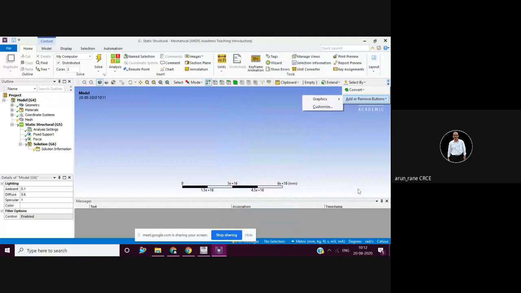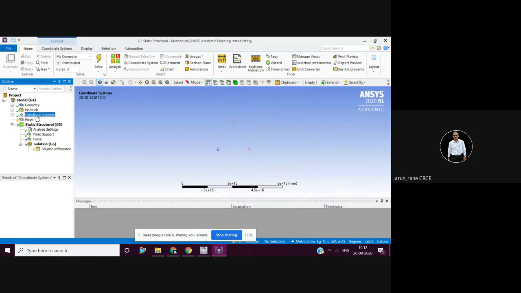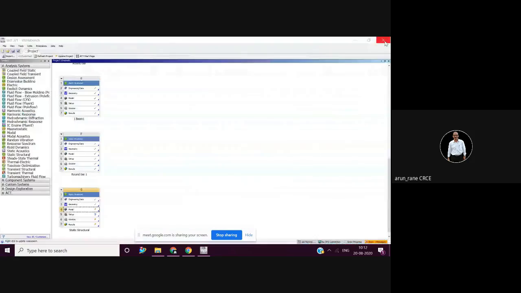Graphics zoom. Where did the coordinate system go? The coordinate system is also not coming. Not getting the coordinate system also. Just hold on.